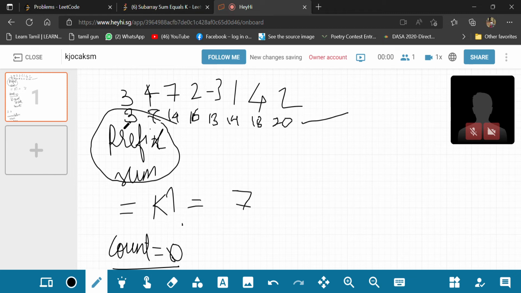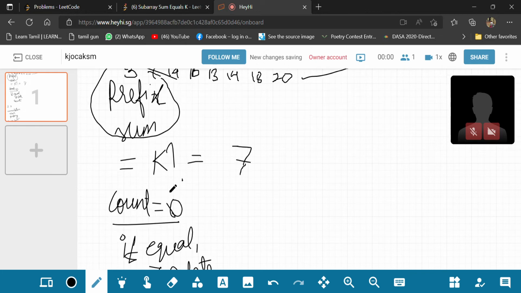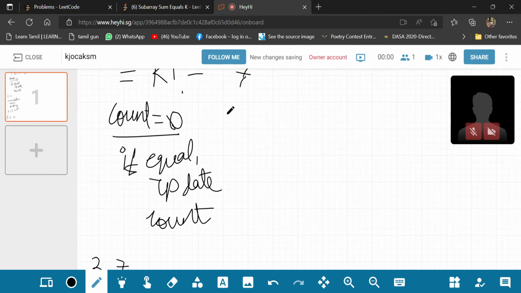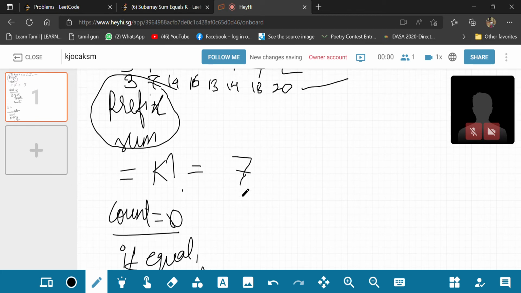For example, 3, is it equal to 7? No, it's not equal to 7. 7, the next element 7 is equal to 7. Yes, it is equal to 7. 14 is not equal to 7, and we keep on checking whether the prefix sum element is equal to the k value. Okay, and then each time it is equal to the k value, then we have to take necessary